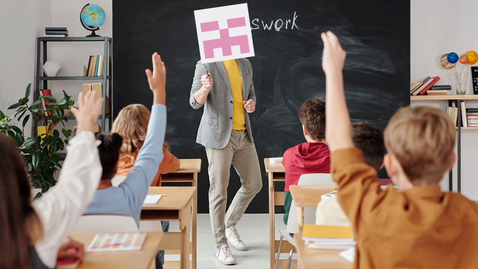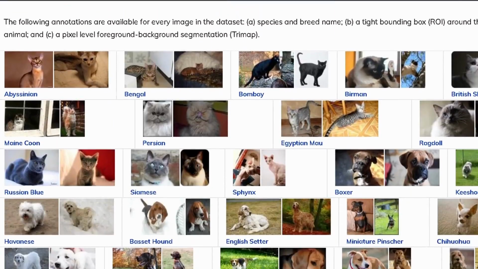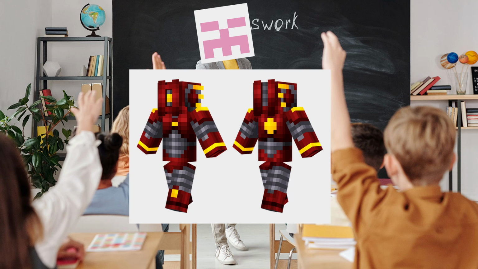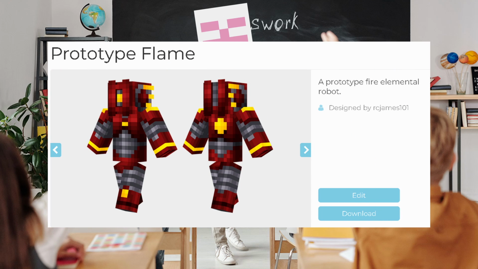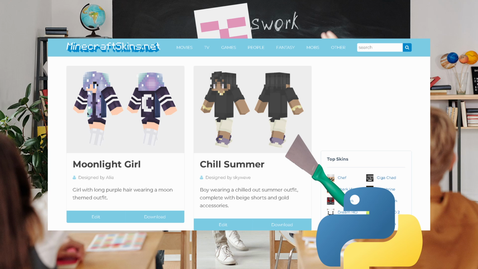The first thing we'll need to do is to get the actual dataset to train the AI on. This dataset will also have to be high quality in terms of both the skins themselves and their description, since we're going to add the ability to make skins with prompts. We did this by scraping skins from a highly moderated website that fits all of those requirements called MinecraftSkins.net with a custom web scraper written in Python, which you can check out in the previous video linked in the description